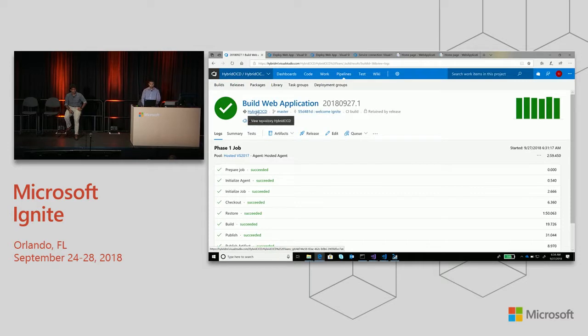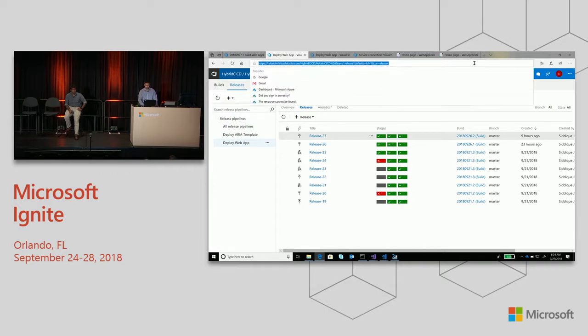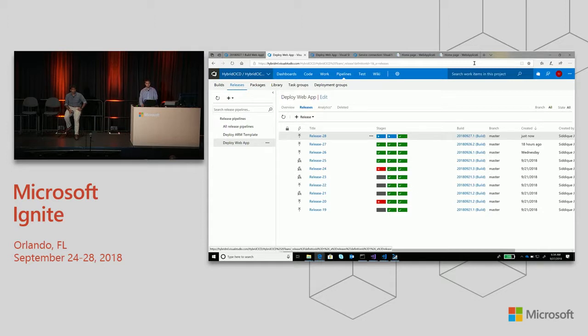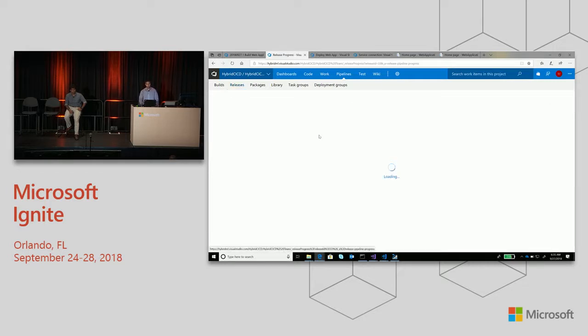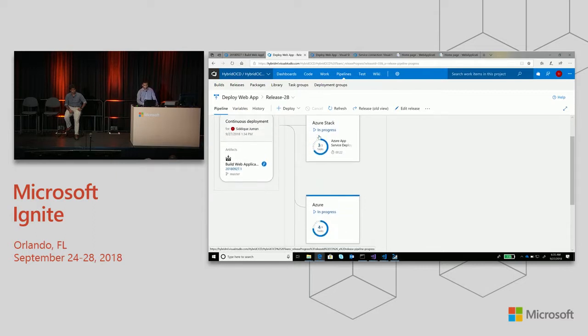And as you can tell, the build did successfully go through. When you look at all of it, it all succeeded and went through pretty well. So let's check our release pipeline to see if it kicked off as well. So as I refresh the page, we'll click on release and we'll see that the release has just started. It literally just started a couple seconds ago. So if we go into the release, very similar to how I did before, we'll see that both Azure and Azure Stack are in progress of completing their release pipeline with continuous delivery.